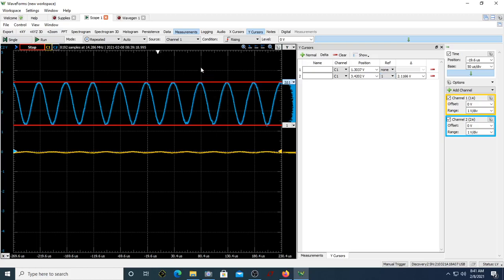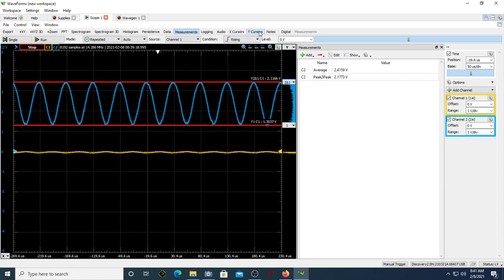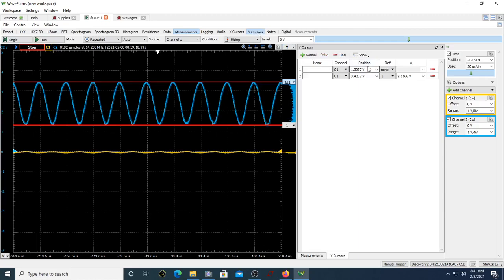This is the peak to peak input voltage. Let me also see what is from the scope. From the measurement, it was found that it was 2.17. So here also it is the same thing. Can you see it's almost the same? It is 2.17 and 2.11. So this way we can make our measurements sure here. This is 2.11. So we can take either this voltage or that voltage.